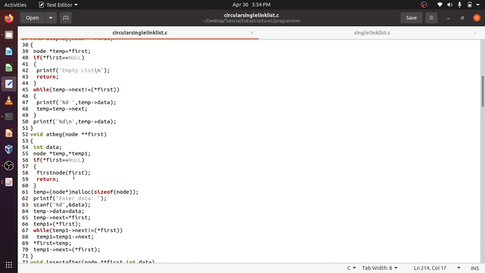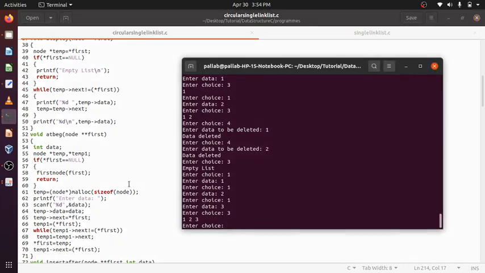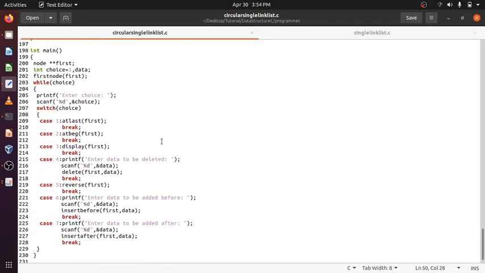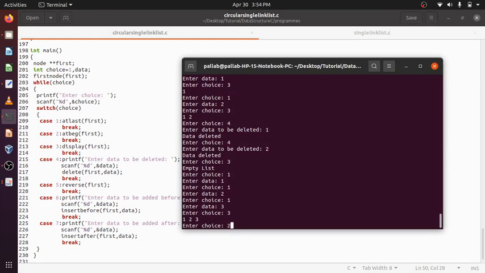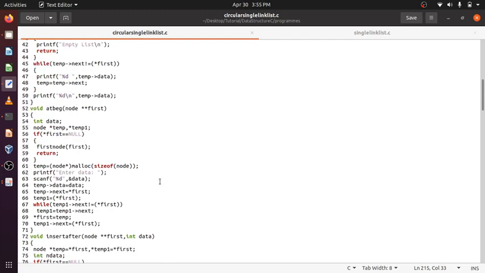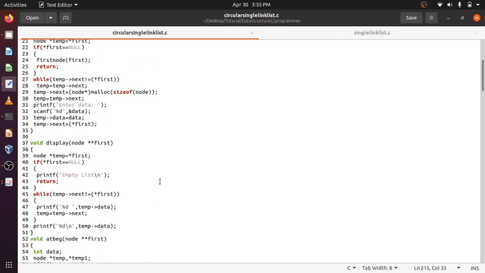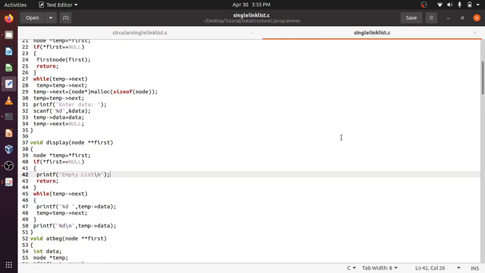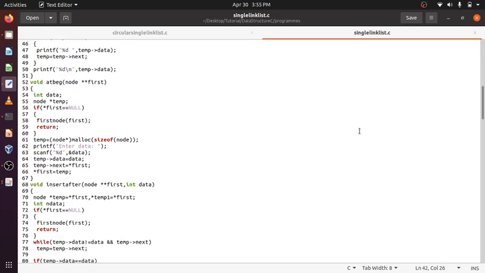After that, add at beginning. Here at the beginning, simple, we are just creating a node.